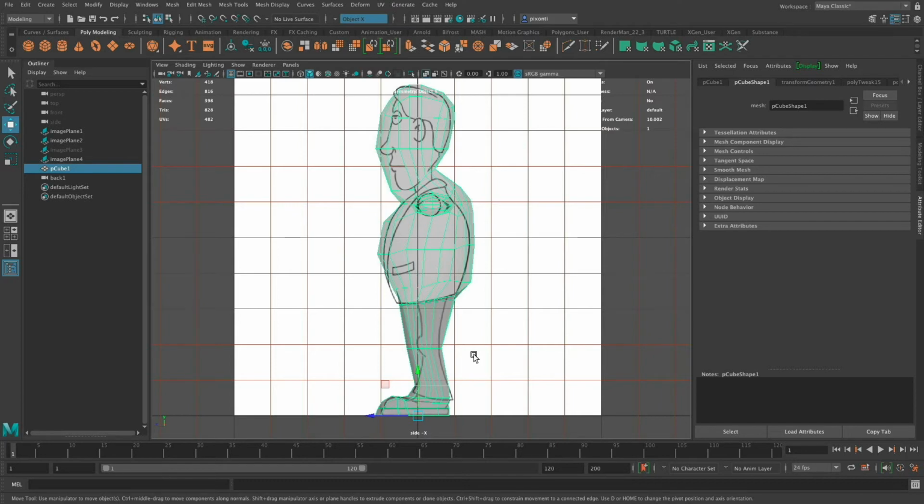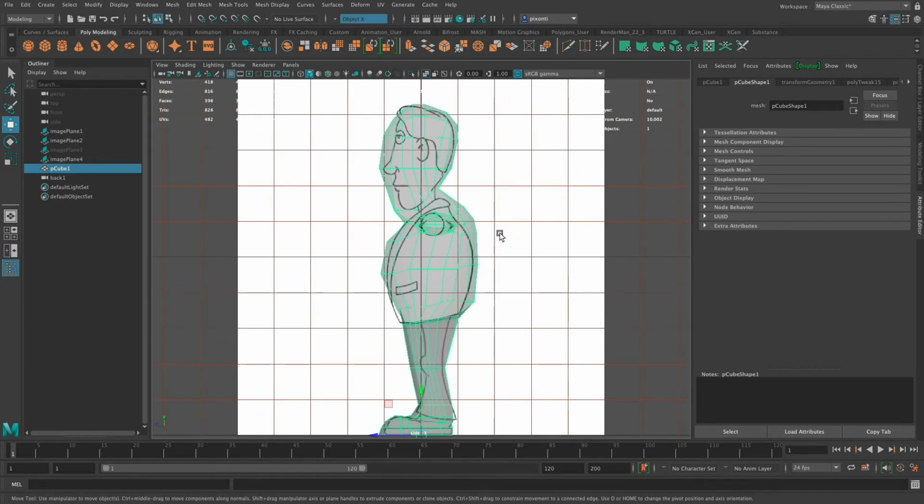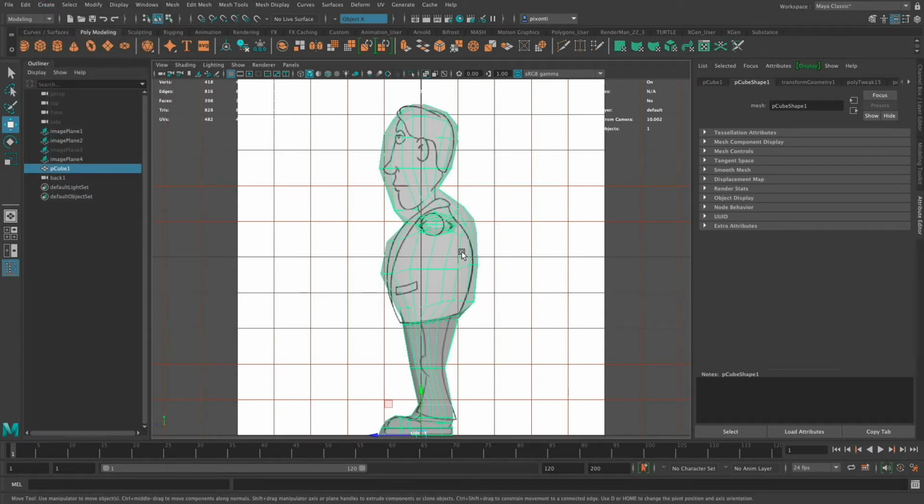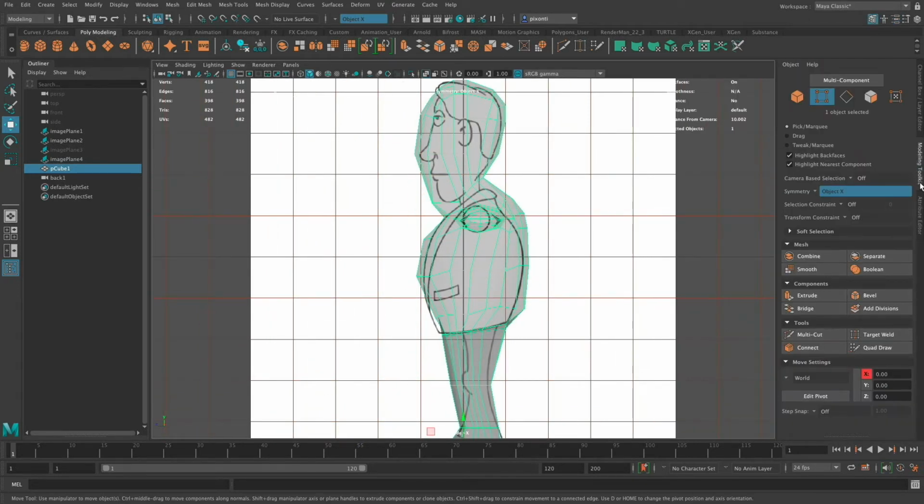So that's a cool thing that these image planes, a rather new thing in Maya, are free image planes, which is kind of cool. Another cool thing you can do is in the Modeling Toolkit, there's this area down here that is kind of